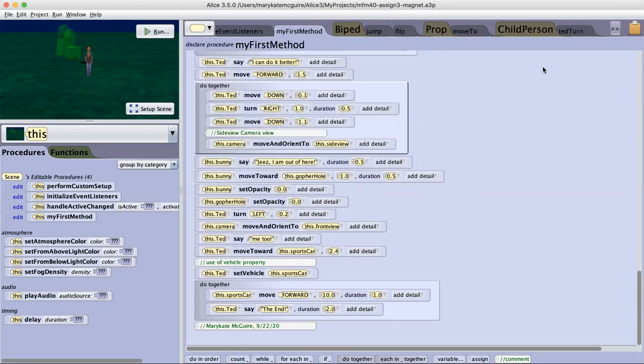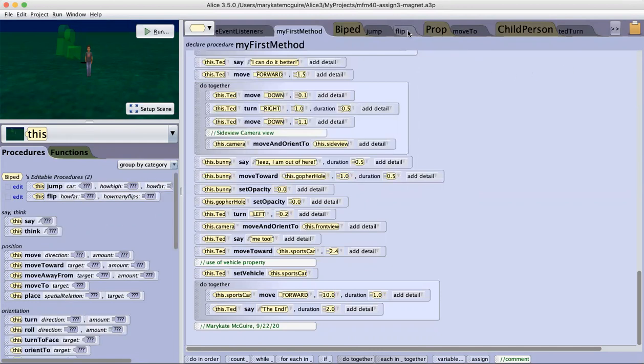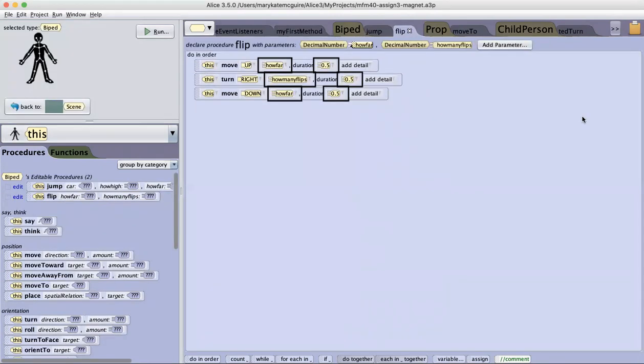procedures take place. So to begin, my first procedure out of the 4 is my flip procedure, and this is for my biped. My 2 bipeds in my story are my child biped, which is Ted, and a bunny biped. And in this story, they flip. So they first move up a certain amount of distance for a certain duration, and then they turn right and do a certain amount of flips for a certain duration, and then move down a certain amount for a certain duration. And Ted does this in the beginning of the story, and later on, the bunny will do this as